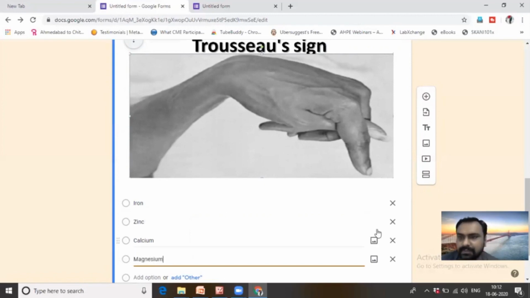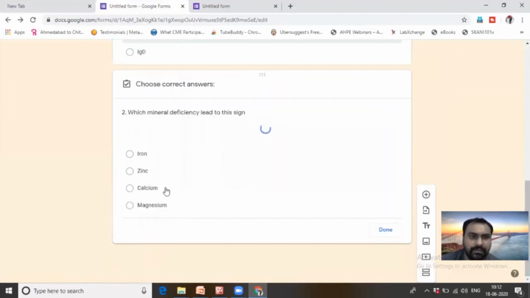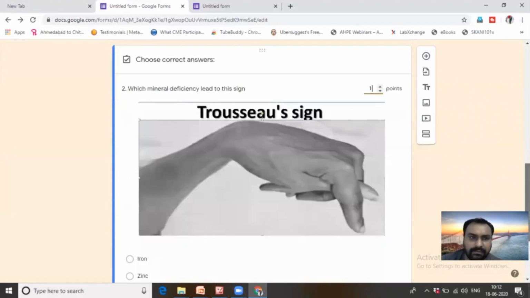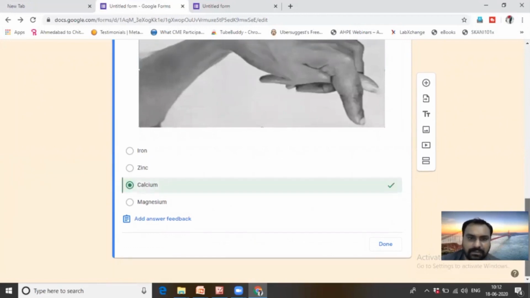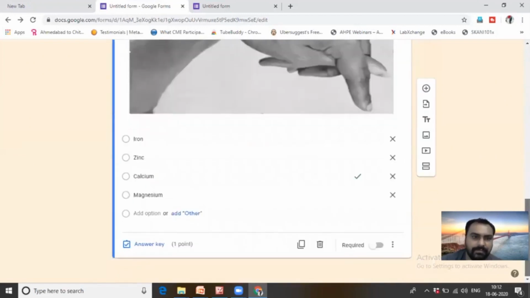Okay, 4 options are there. Now what I have to do, I have to select the correct answer. So I have to give 1 point, and then select the correct answer like calcium. It is the Trousseau sign, right? It is a sign of tetany. Okay, you can select the feedback also. So this is done. Okay, the 2 questions I have already made, right?